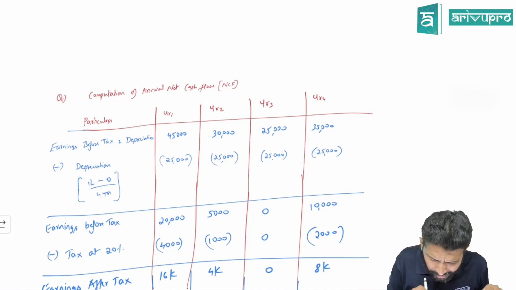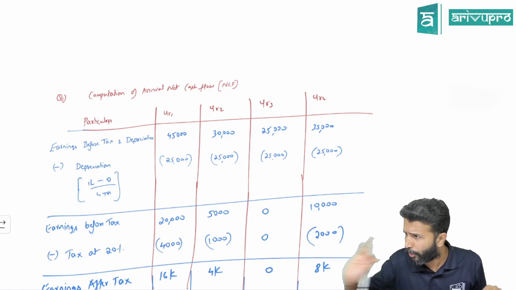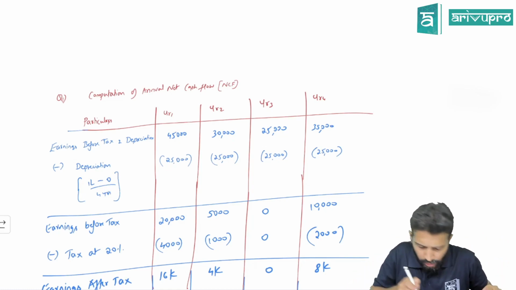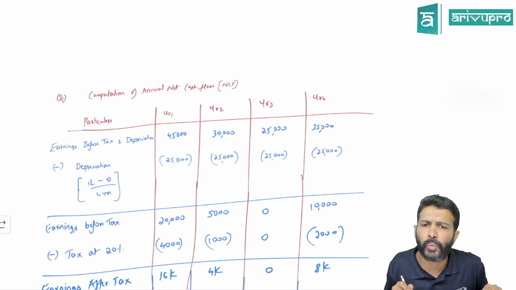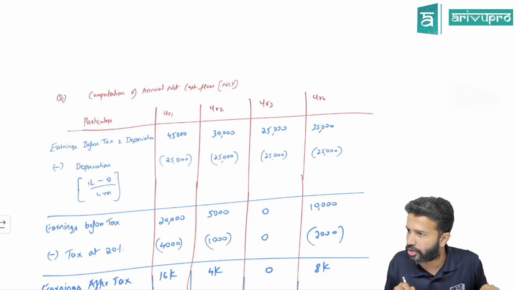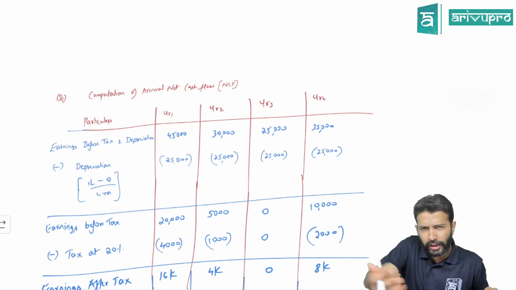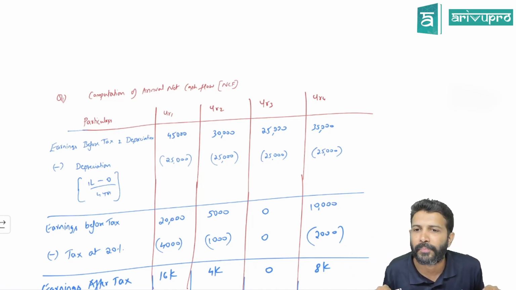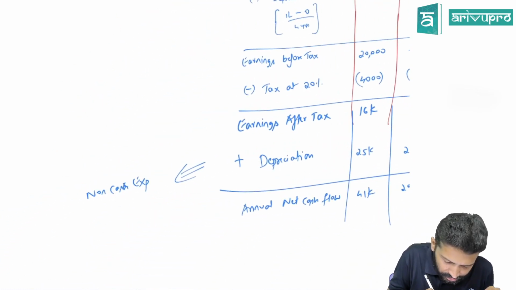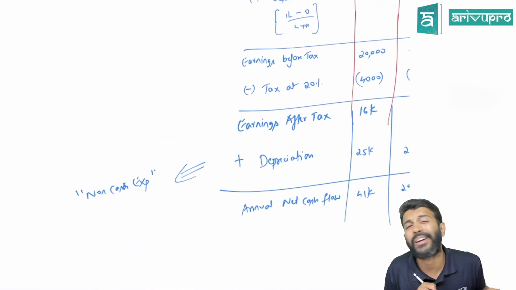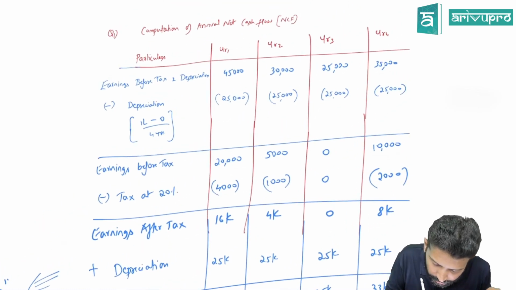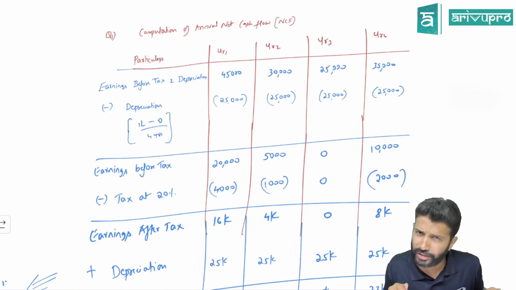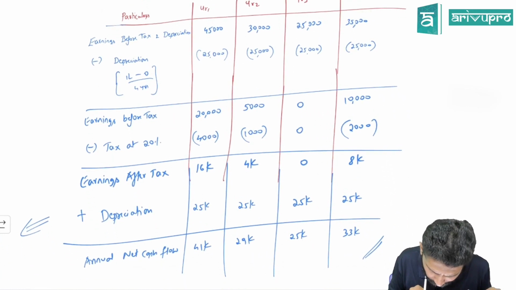You deducted, but did you pay anybody? If you deduct salary of 25,000, you have to pay the worker, correct? You have deducted depreciation of 25,000. Will you pay anybody 25,000 in cash or check as depreciation? Will you say, take 25,000 depreciation for you, and give a check or cash like that? So what sort of expenditure is this? Depreciation is non-cash, yes or no? But you have deducted it here, which means it looks like you have shown it as an outflow. Is it really an outflow? No.